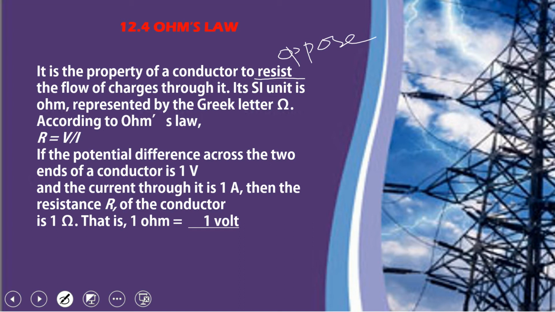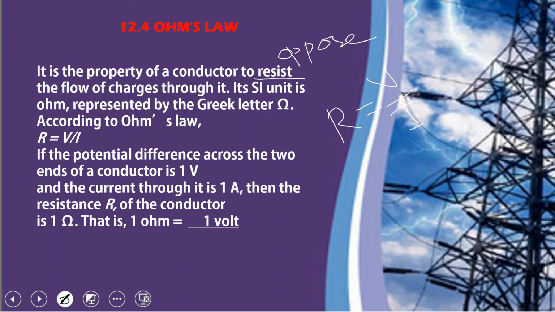So we can say that copper, aluminum, etc. have low resistance. Why? Because through that conductor, the electrons can easily pass through. But for nichrome and other such metals and alloys, the current cannot pass through easily. It resists the flow of the electrons, so it has high resistance. Understand? So what is the resistance? R is equal to what? It is equal to V upon I. You have to take care.